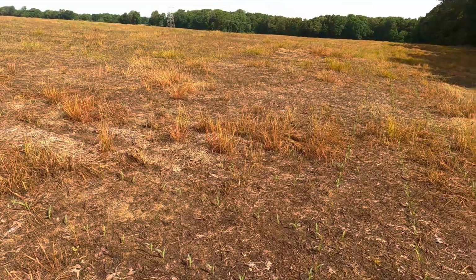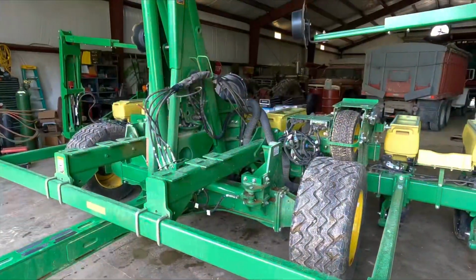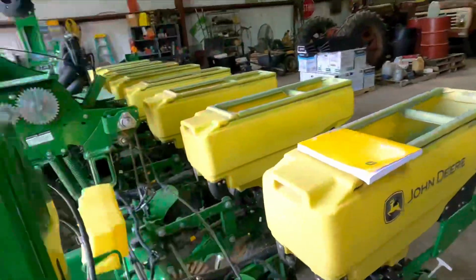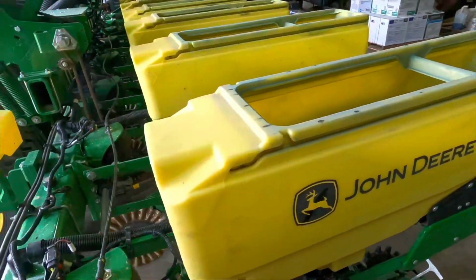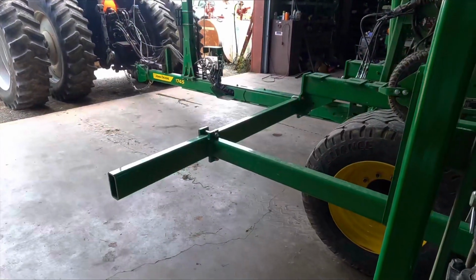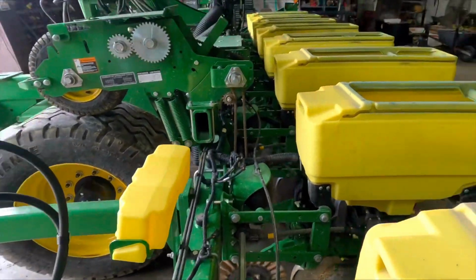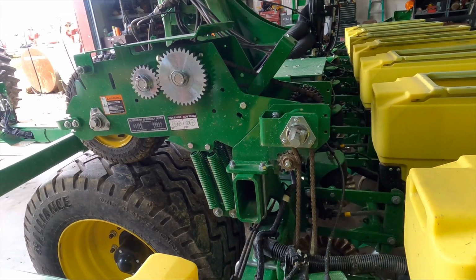So let's go back and talk about the planter, I guess. So this is my final thoughts on this planter planting corn. I had the manual out so I'd get these hoppers off, but I like the way it folds and unfolds. I ain't got to draw no tongue up like I did on my Case, which was a 12 row. I like the pneumatic airbags. I didn't think I would like that transmission. I like it so far,